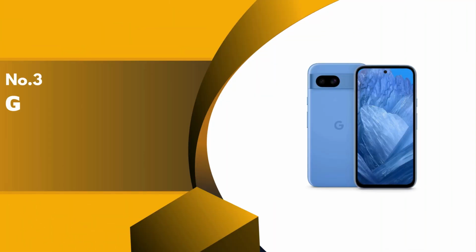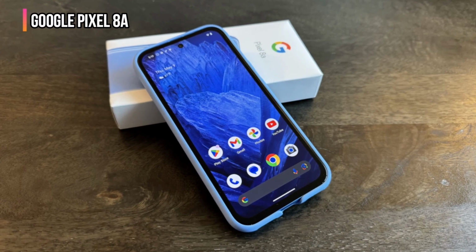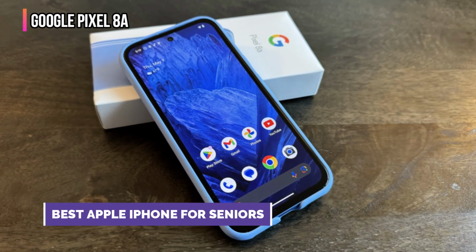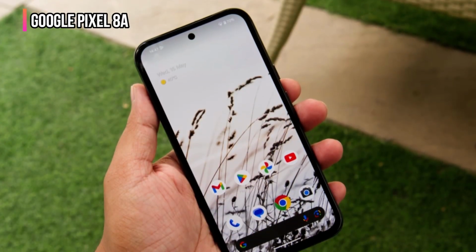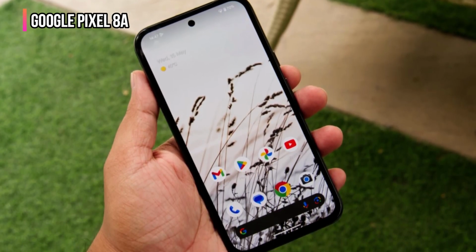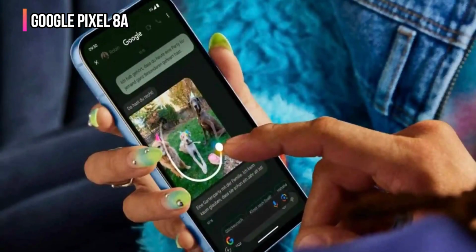The 3rd product on our list is the Google Pixel 8a. This is a powerful Android model that lets a user expand the phone's capabilities using apps. The Google Pixel 8a now includes powerful, but very easy-to-use AI tools, so you can interact with the phone using your voice, or get help composing texts, summarizing websites or documents, managing a schedule, creating to-do lists, finding information, and much